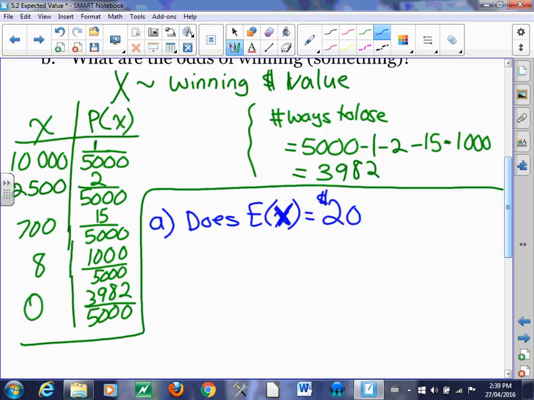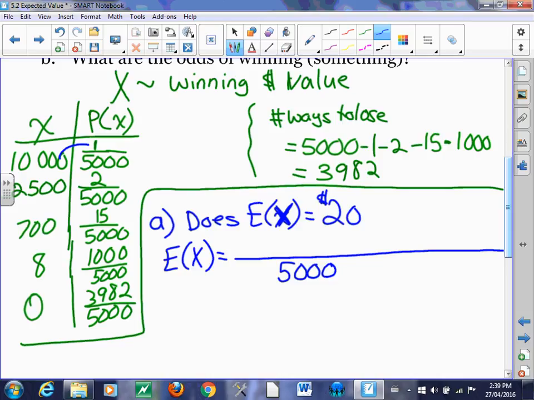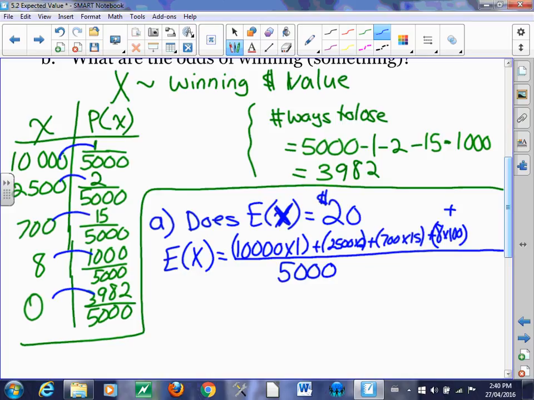Okay? All right, so what do we need to do? To find the expected value, we take the number of ways. Well, actually, all of these are over 5,000. So let's do that shortcut way. So we put every fraction out of 5,000, and then we're just going to take the total prize and times it by the number of ways. Okay, so we're going to go 10,000 times 1, and then we will do plus 2,500 times 2, plus 700 times 15, plus 8 times 1,000, trying to fit this all in here, plus 0 times